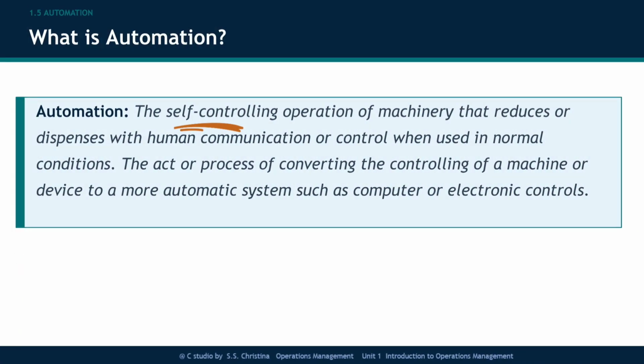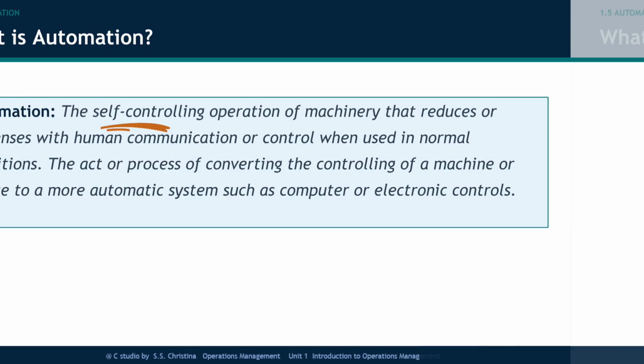Automation. This is one of the most transformative forces in modern operations management, and it has been for over 70 years. The formal definition: the self-controlling operation of machinery that reduces or dispenses with human communication or control when used in normal conditions. Let me translate that. In normal operation, an automated system runs itself. It monitors its own performance, adjusts its own parameters, and maintains its own output, without a human having to intervene